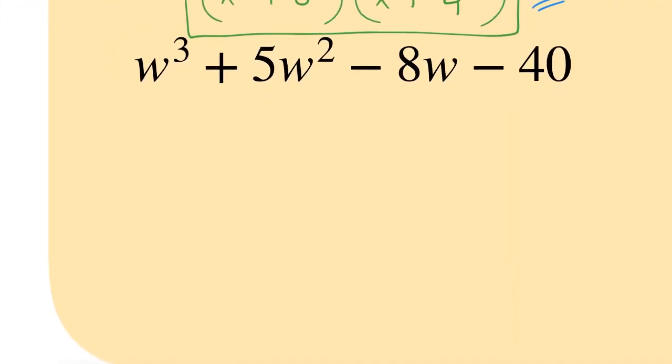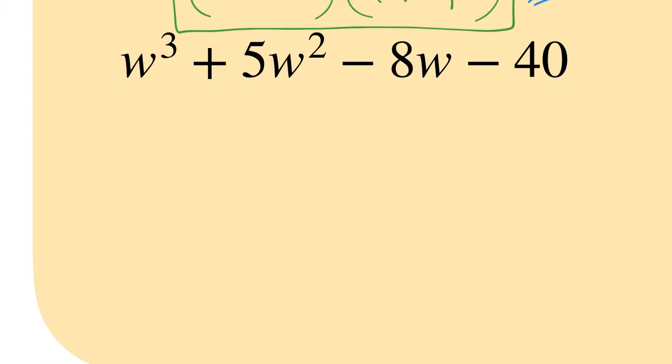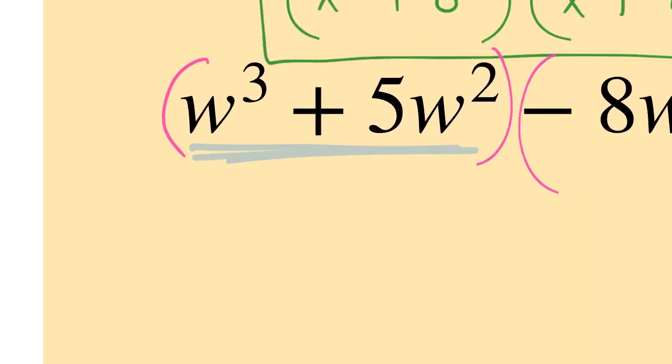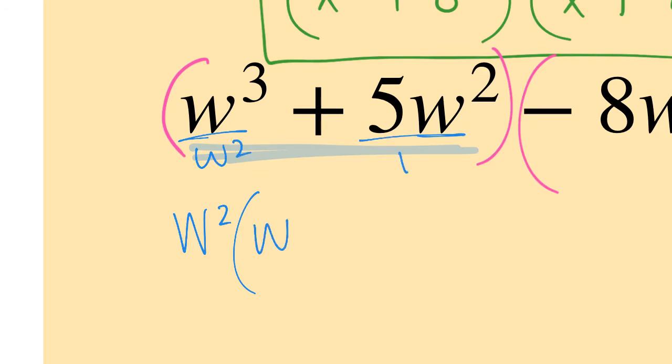All right, let's look at the next one. Okay, we're going to start it the same way. So we're going to go ahead and group these together. And the first part's just kind of normal, right? They all were kind of like this for that first part. So if I look at that greatest common factor, again, it would only be the w's, right? I can't take out any numbers because there's just a 1 right here. So we're going to take out some w's. And it looks like I can take 2 of them again. So we're going to put w squared on the outside. And then if I divide by w squared here, I would have 1 w left over. If I divide by w squared here, I would just have positive